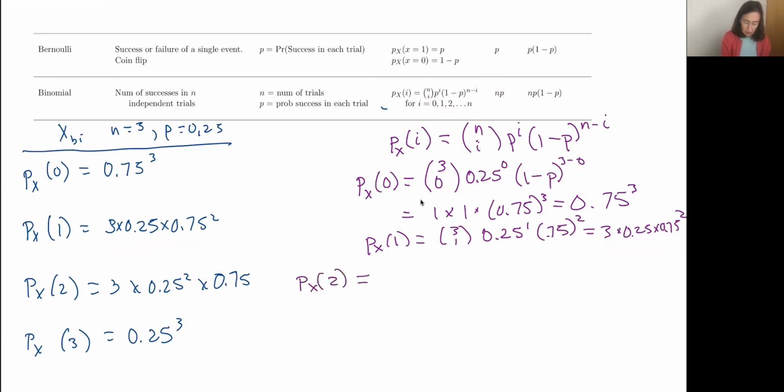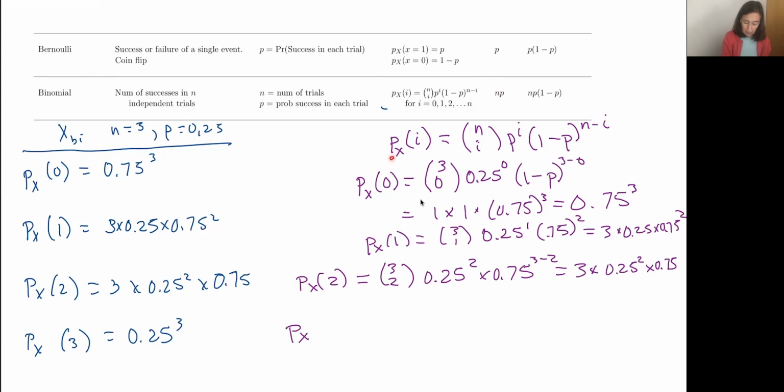The probability that I equals 2 when we have n equals 3 and p equals 0.25 is 3 choose 2 times 0.25 squared times 0.75 to the 3 minus 2 power. 3 choose 2 is also 3, times 0.25 squared times 0.75. And then the last